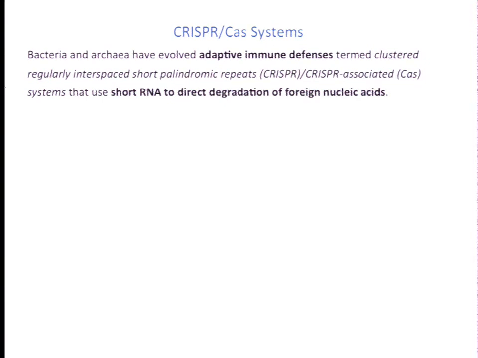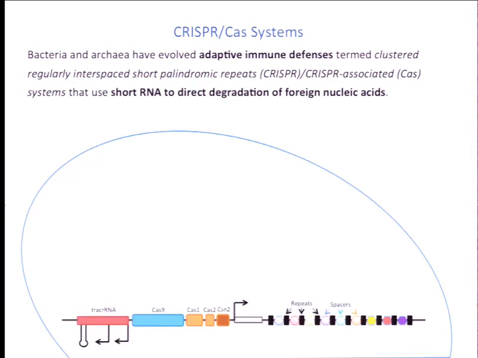CRISPR-Cas systems. And just as we imagine adaptive immune defense systems, these systems also are characterized with both an immunization phase and an immunity phase. For instance, in the immunization phase, the system will fortify itself against a foreign pathogen. And this process is not very well understood, but the way this proceeds is that if you look at a typical example of a type 2 CRISPR locus inside cells, it comprises these repeat domains adjacent to a cluster of Cas proteins.